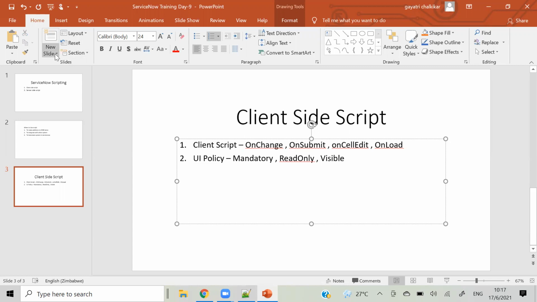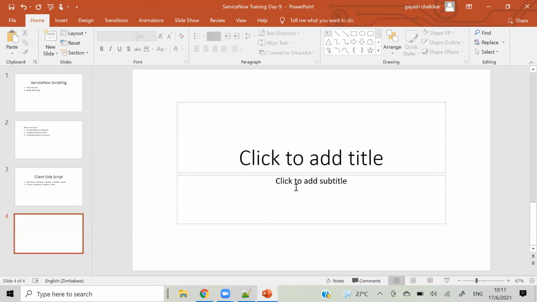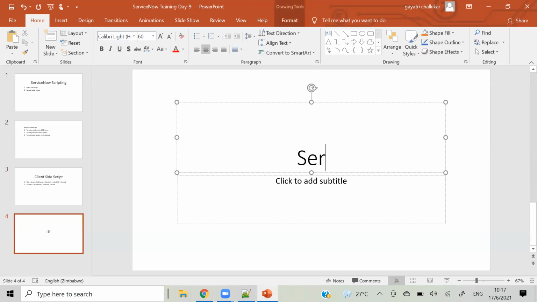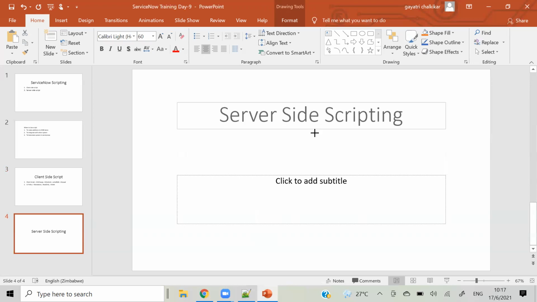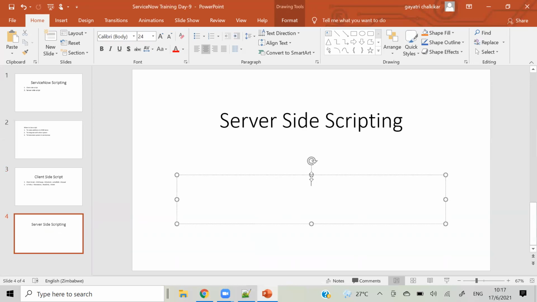Okay, so for that we have server side scripting. One is business rule.